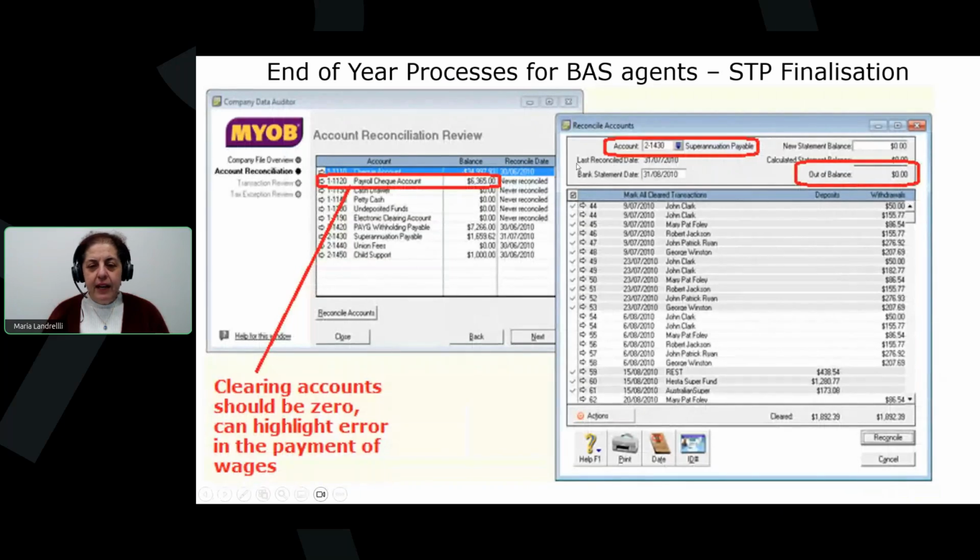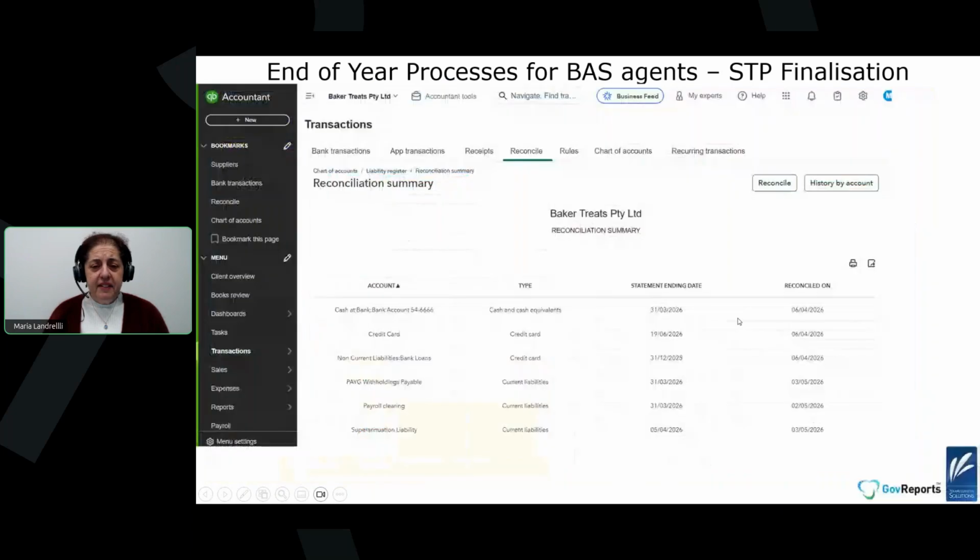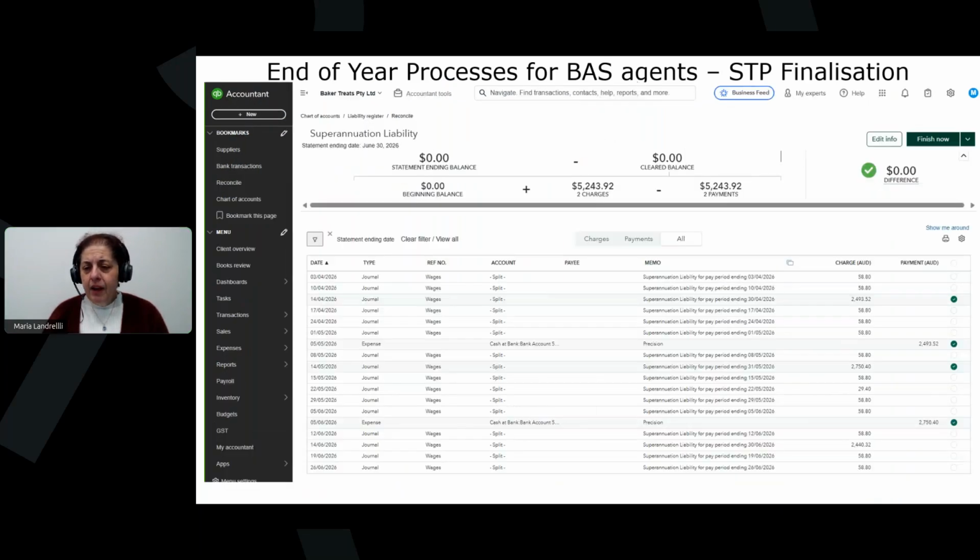Your payroll clearing accounts need to be 0. Your superannuation paid needs to be 0. QuickBooks does exactly the same. Xero does exactly the same. So I will reconcile the payroll clearing account, the PAYG, and the superannuation liability exactly like a bank account, but the main aim is to get to 0, not to reach a balance in the account per the bank statement. So you're then marking off the payments against the